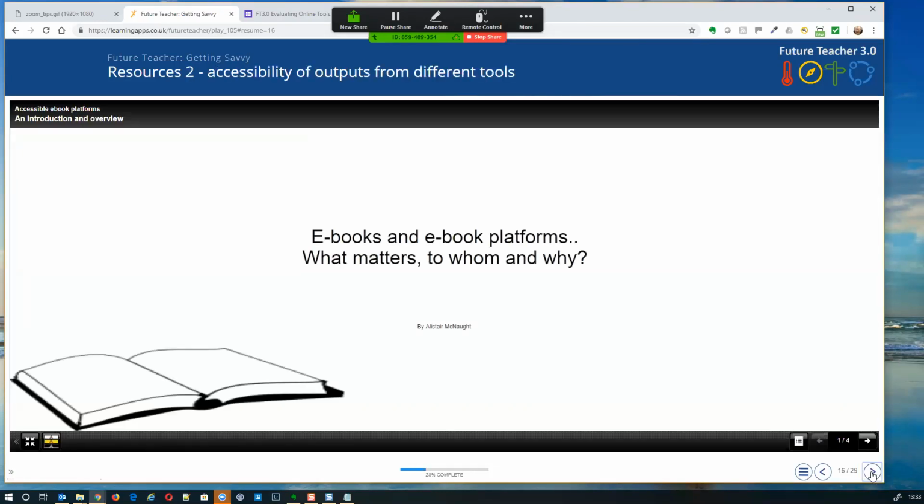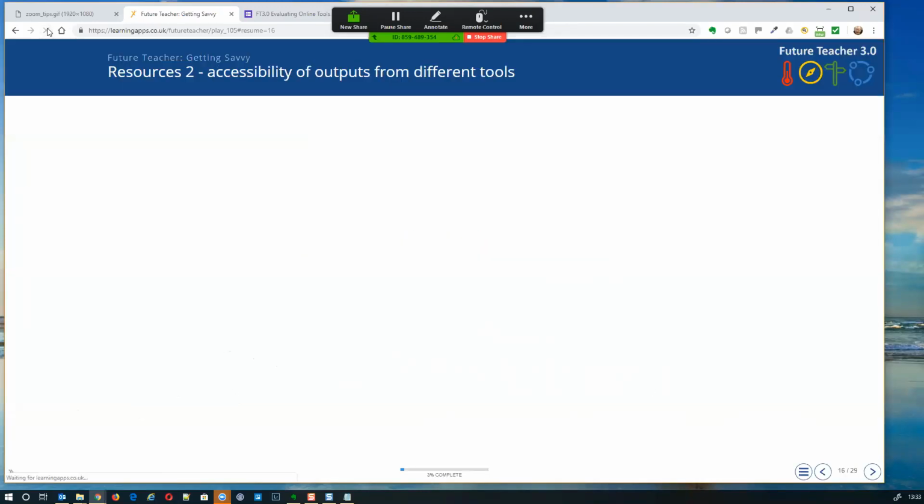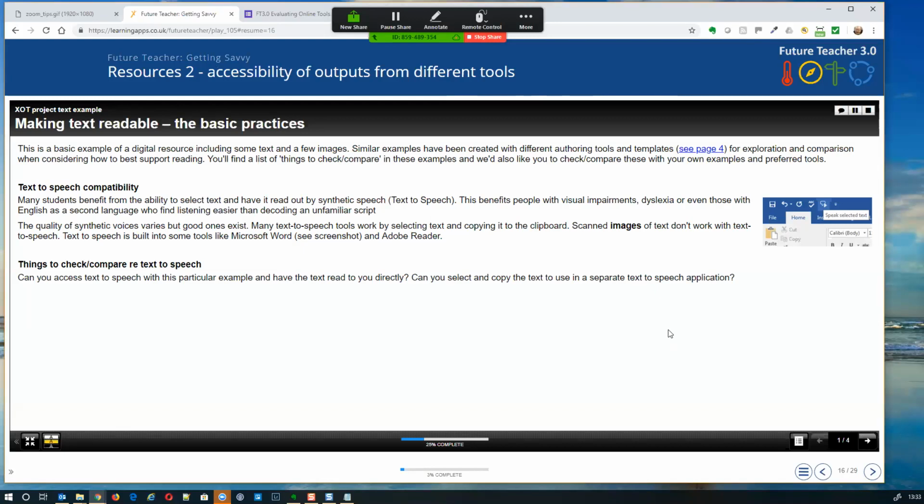But if we look at the other aspect, the outputs from different tools, you may all need to refresh your Xerte resource, because while we were doing the previous activity, I realised that we hadn't yet updated the link. That's not a problem. Okay, so if you refresh your Xerte resource at this point, then